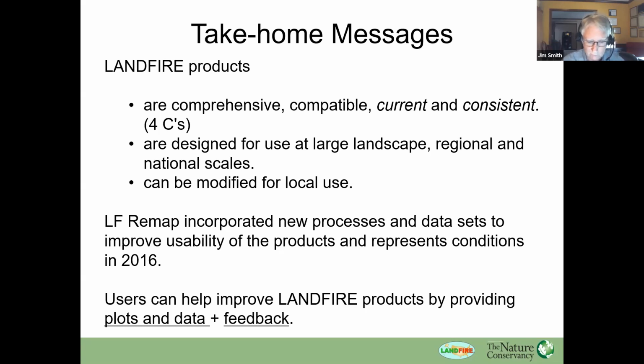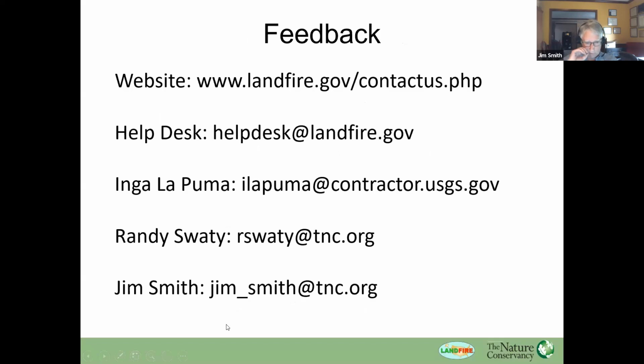We still want to receive plots. We'll find some way to use those plots. They are critical to not only creating products, but also assessing them. So if anything you can do to provide us information, we still want to hear about it. So hopefully you'll try some of these products, you'll download them, you'll give them a look, you'll provide us some feedback on what's working and what's not working for you.